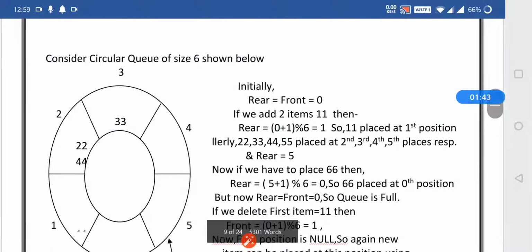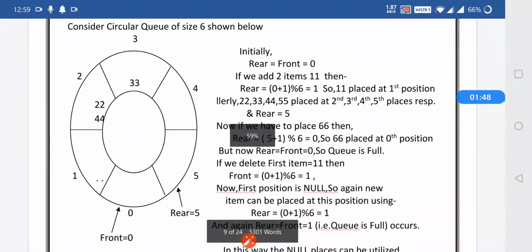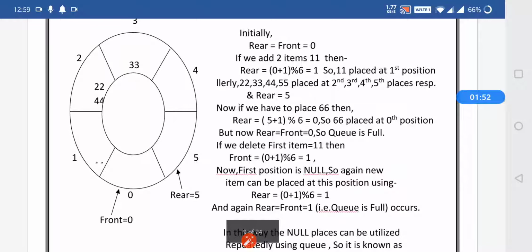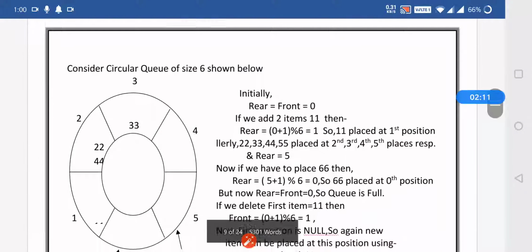So suppose we are having this particular queue where rear and front are initially 0. We will be adding the element in such a way that it will be inserted from rear. So if we add the item 11, then (0 + 1) % 6 is equal to 1. Means we are applying rear = (rear + 1) % size, that is modulo.